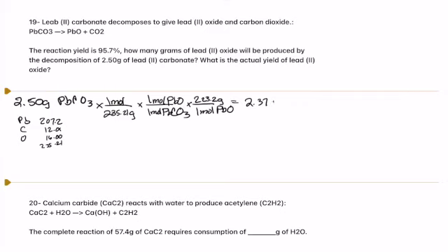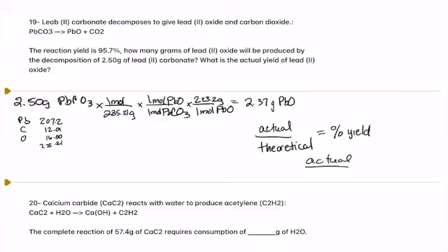But it still is true that 1 mole of PbO in the balanced equation gets produced from every mole of PbCO3. And then the next thing that I do is I multiply that to get it into grams. 1 mole of PbO has a mass of 223.2 grams. And so I multiply across, divide by the bottom with the correct number, which would not give me a product here of 2.37 grams. So note that I made a math error there. You'll have to put in the correct numbers. Hopefully you're paying attention.